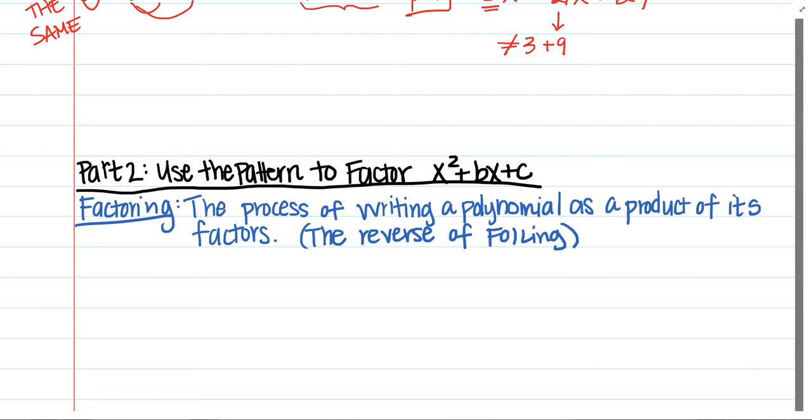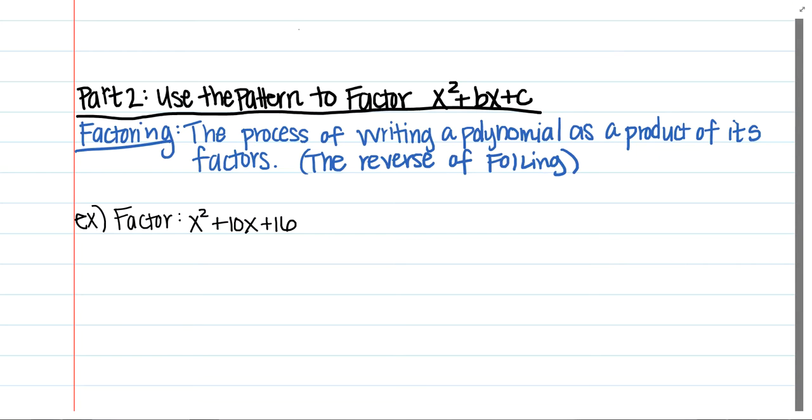So let's take a look at some examples. Okay, so our first example says factor x squared plus 10x plus 16. Well, factoring, as we said, was basically the reverse of FOILing, and now that we know that pattern that we